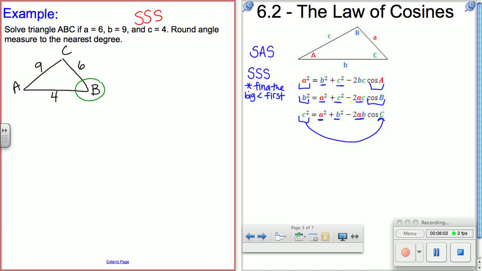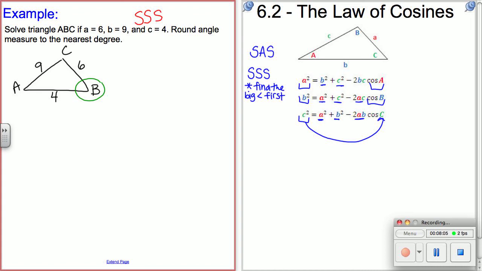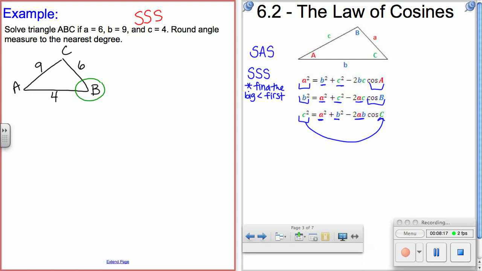So now, we'll go ahead and set up our law of cosines here, starting with the side length across from B. So B squared, so we'll have 9 squared, equals, now we add the squares of the other two sides, A squared plus C squared, minus 2 times those, times the cosine of angle B, because remember angle B matches with the side we started